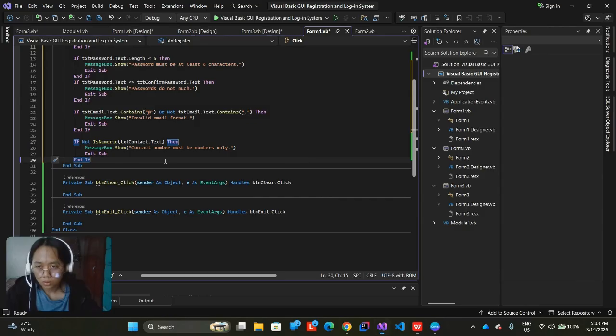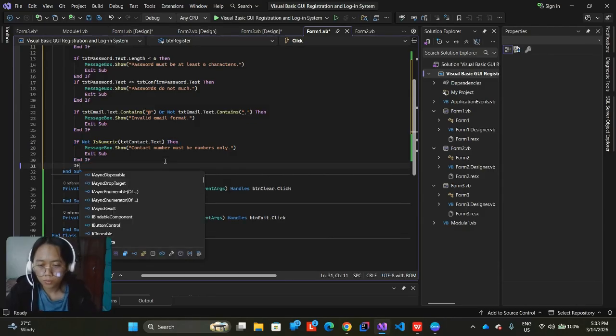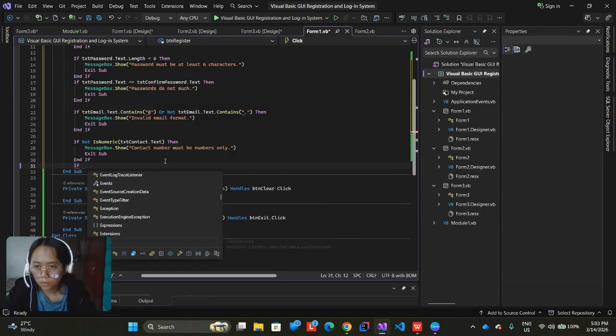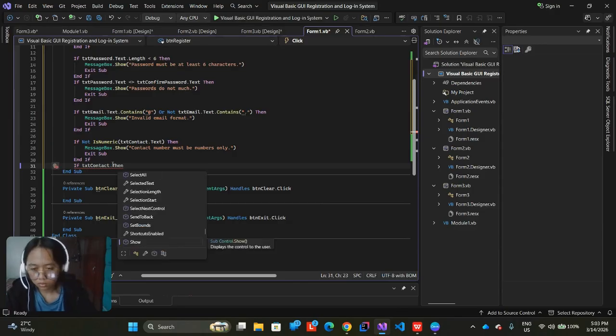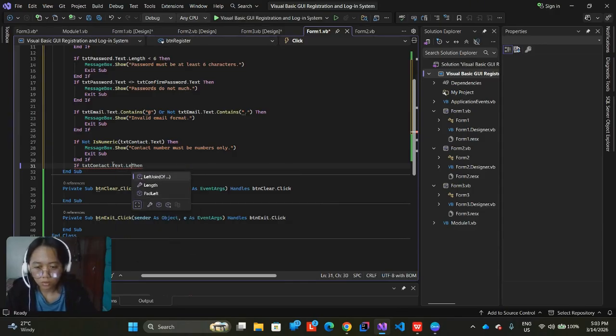So another statement for the validation for contact. Text that length and is not like the